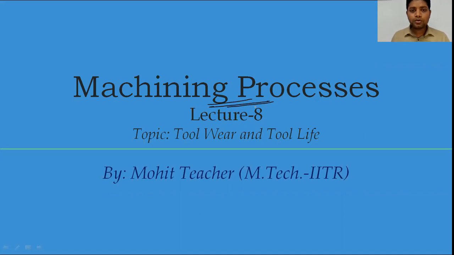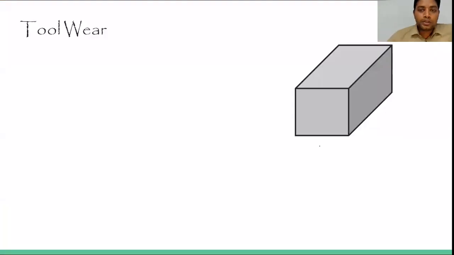Okay, so in this video we are going to discuss tool wear and tool life, and we'll also discuss the calculation if we get the time. So tool wear: wear is basically when there is a loss of material. In the whole machining process there is loss of material, but in this video we are discussing tool wear, that is the material which is removed not from the workpiece but from the tool. Okay, so you can ask how material is removed from the tool itself,